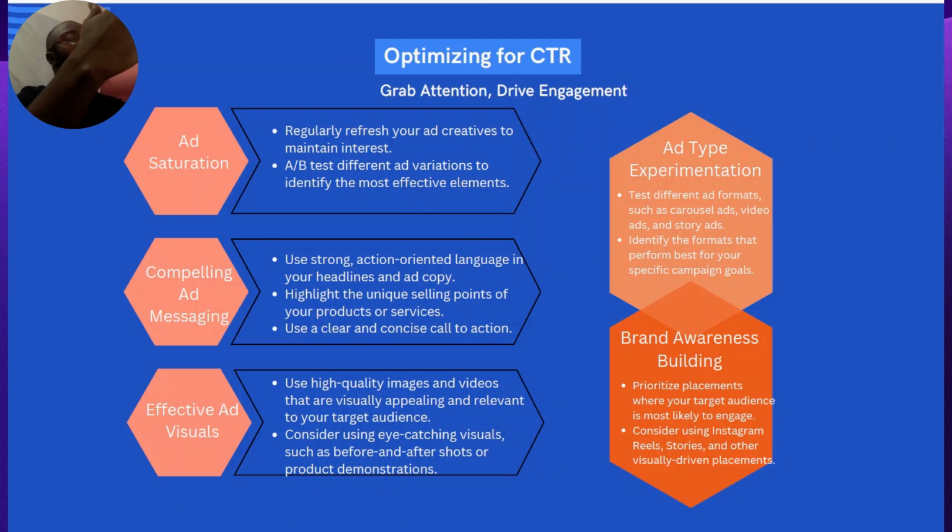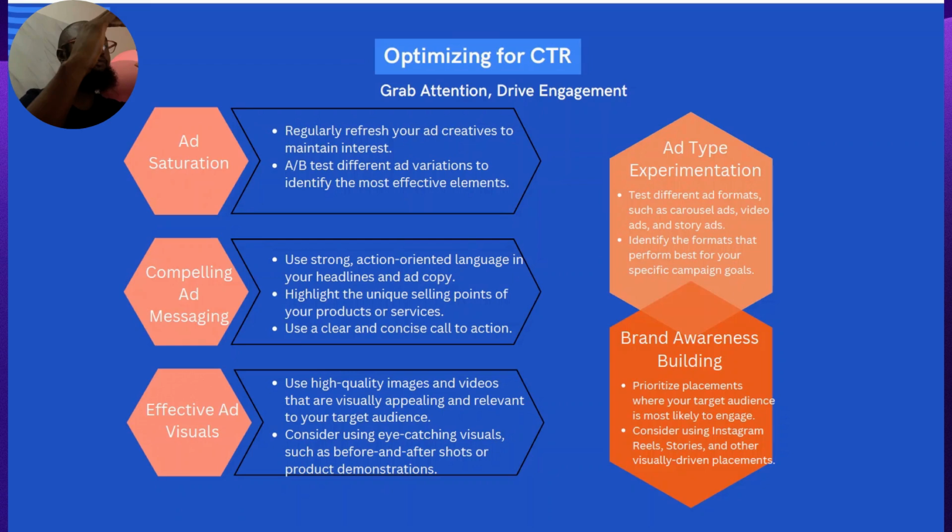So, and also the fourth one is to experiment between different ad types. I mentioned this, like experimenting between videos and graphics and different creatives. Even carousel works a lot. So in fact, the way I normally structure ad is to actually have an image ad, a video ad, and carousel. Then you experiment between these three, see which one is resonating more with your target audience, and test different ad formats,